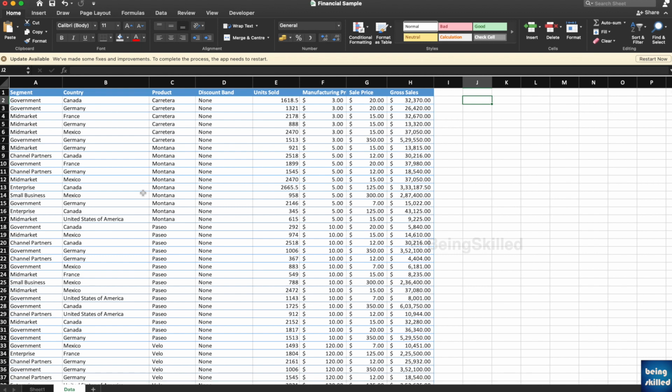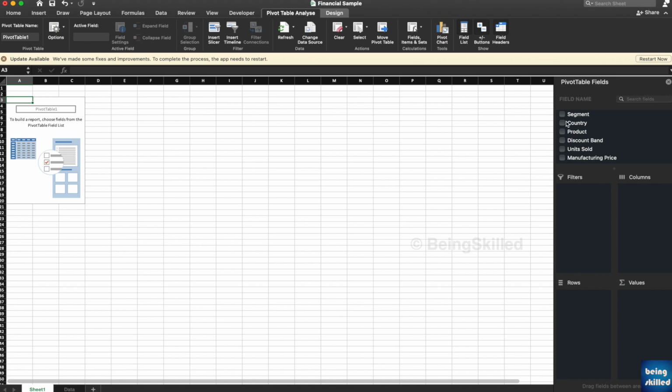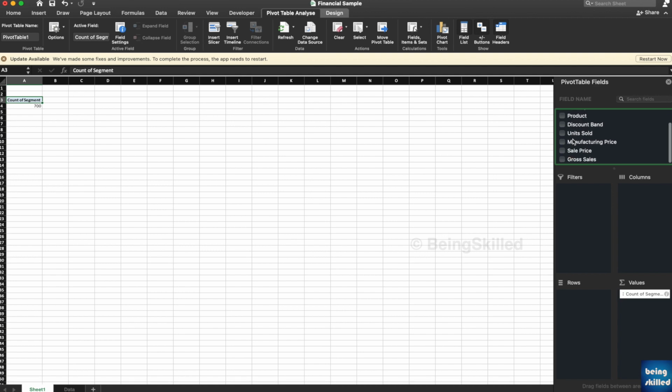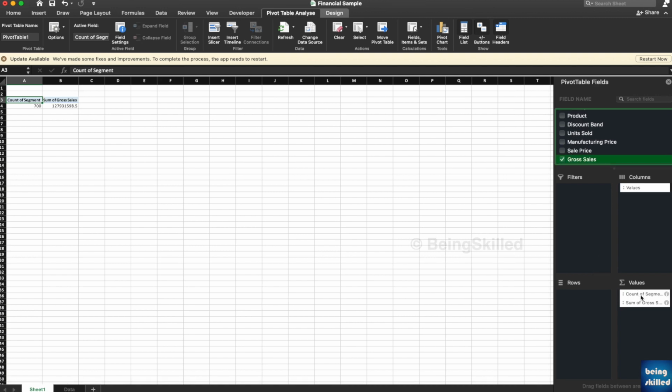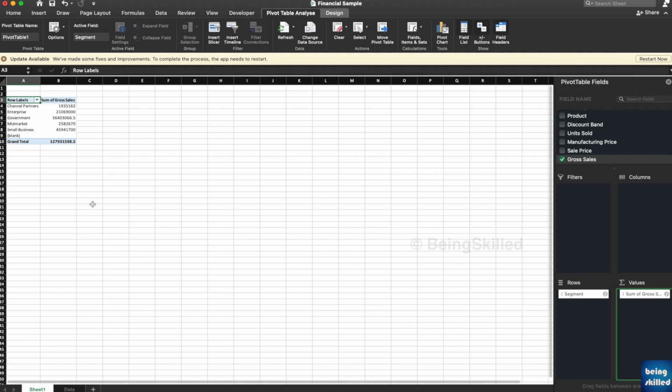So how do you want to summarize your data? So pivot table is all about summarizing the data. So let's say you want to summarize it by segment. So for each of the segments, what was the total gross sales? So we will be able to get that data. So here select segment and then gross sales. The segment should be here because we want to list down all the various segments that we had. So we had channel partners, and the sum of gross sales was this, and likewise for other